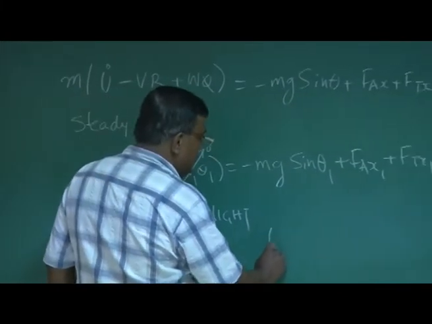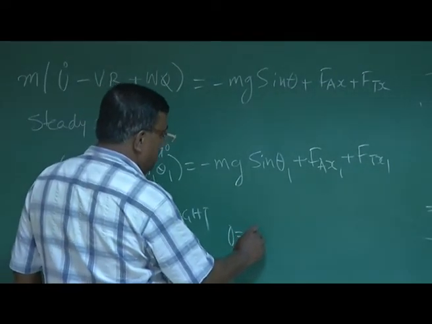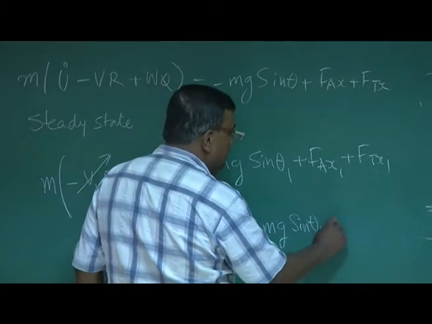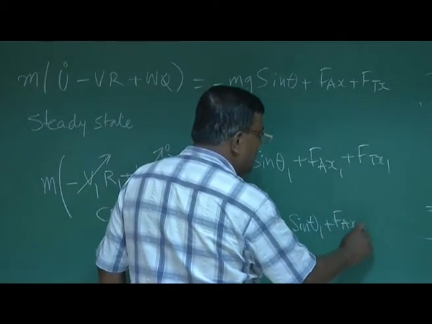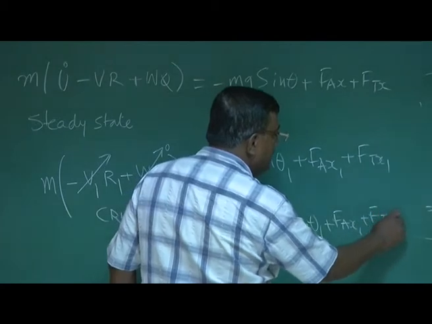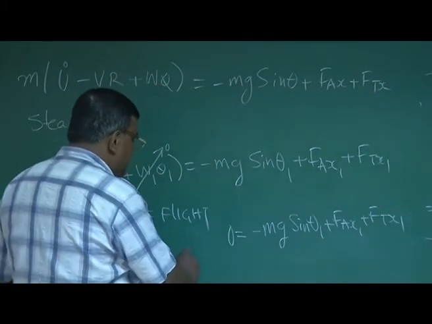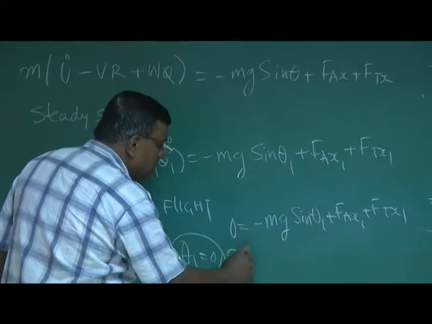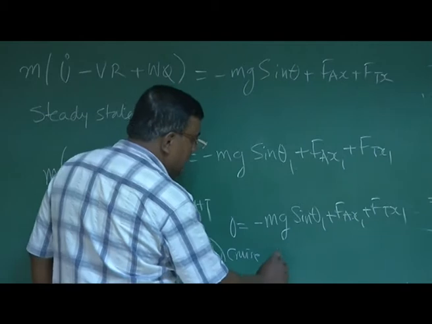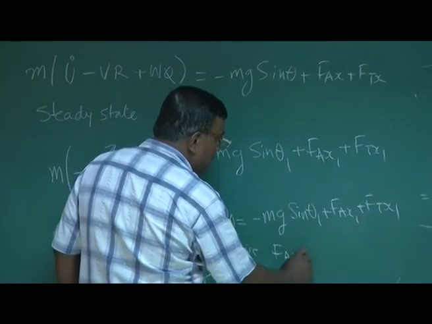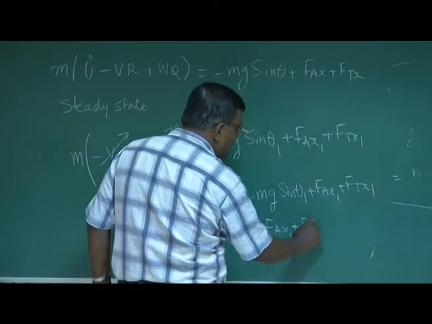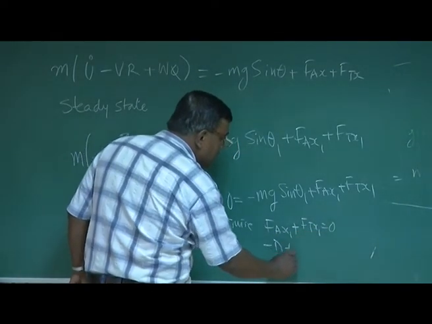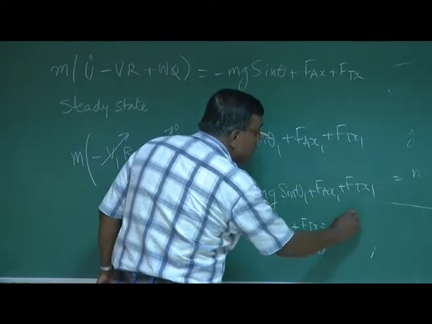We will get 0 is equal to minus mg sine theta 1 plus Fax1 plus Ftx1. Now you see here, if theta 1 is 0, which is essentially true for a cruise, right? Then what do we get? We get Fax1 plus Ftx1 equal to 0. And that is nothing but minus D plus T equal to 0, and you know this is nothing but T